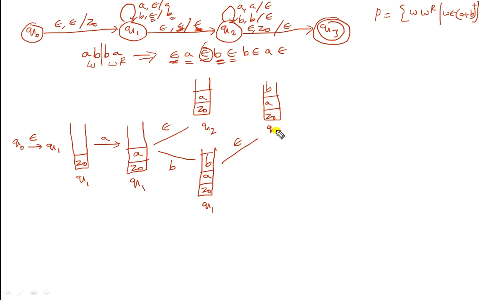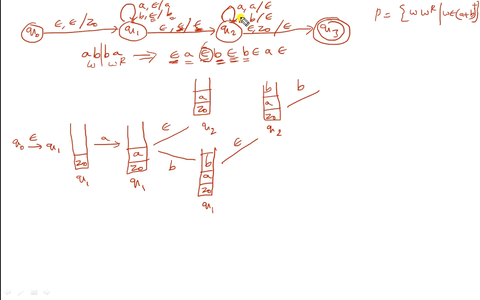So Q1 on epsilon. So you may consider epsilon. After this epsilon transition, what are you going to consider? The symbol B. Okay. So now what state are we at present? Q2. So Q2 on B, if you consider Q2 on B, what is the transition? B or epsilon, that is pop B and push nothing. Okay.